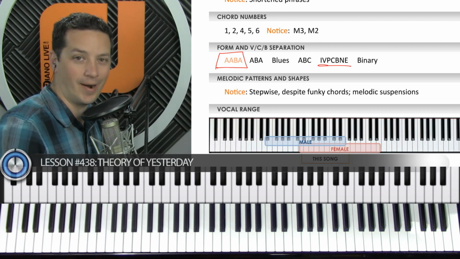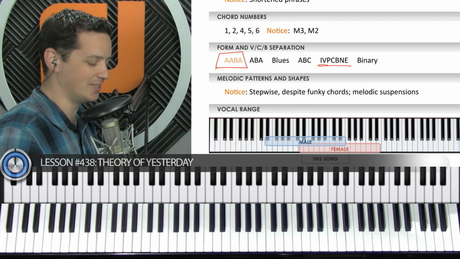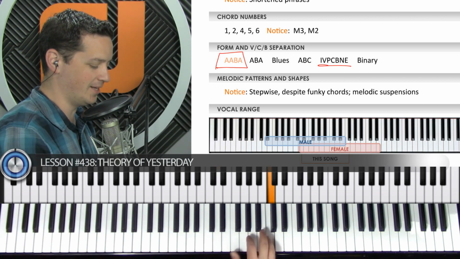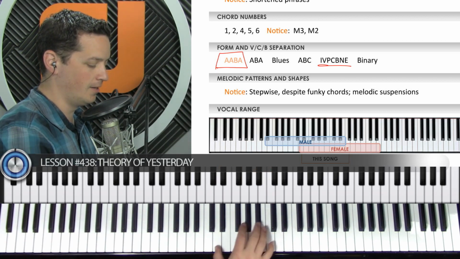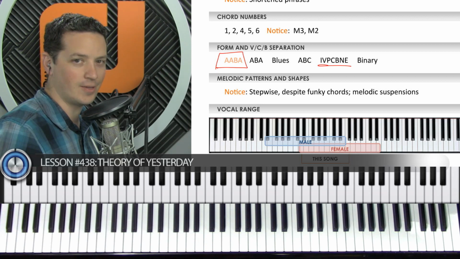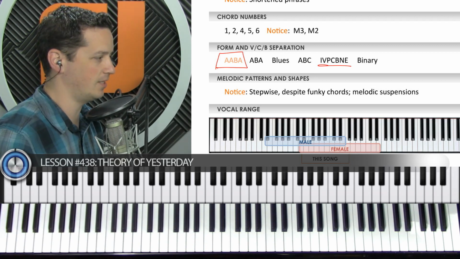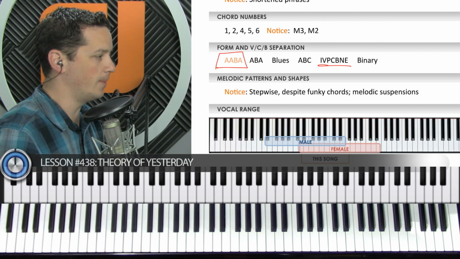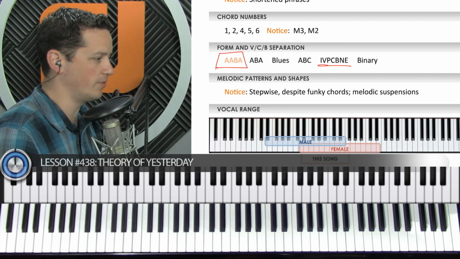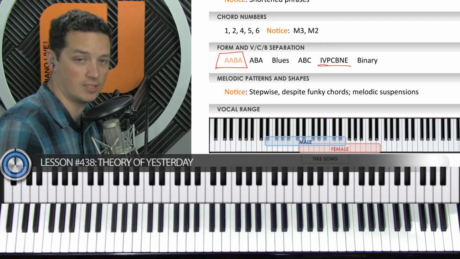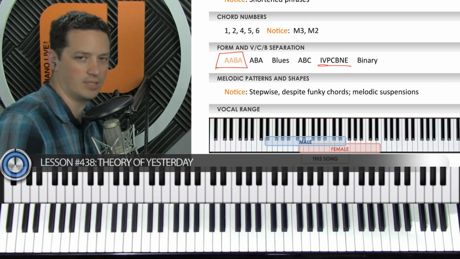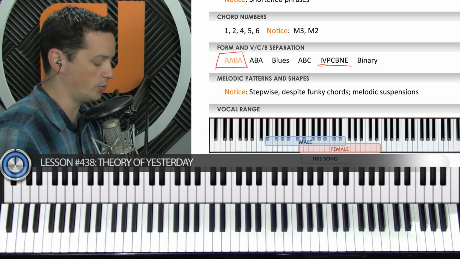So don't jump around so much in your songs. No one could ever sing that. Cool. So stepwise despite funky chords, and then it's got a lot of melodic suspensions. This is actually something you could experiment with if you're trying to stay stepwise.